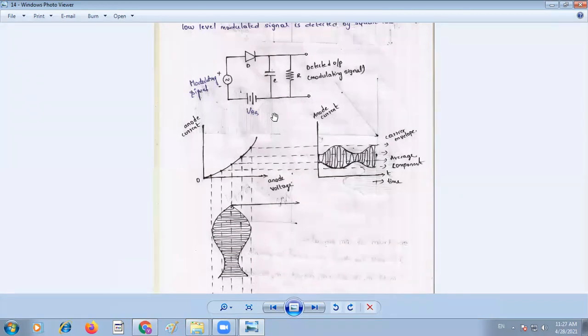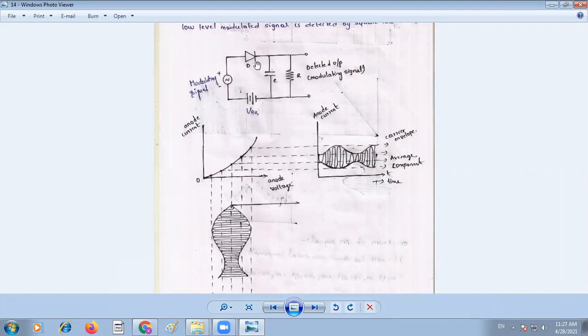The same circuit is used for detection when the modulated signal is given here; only a single source is there, along with the biasing supply. That single source is the envelope of the modulated signal, where the carrier peaks are high, and then the capacitor is going to be charged. Then at the negative peak, the capacitor is going to be discharged. So for charging and discharging, we divide the resistance path.